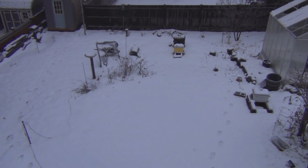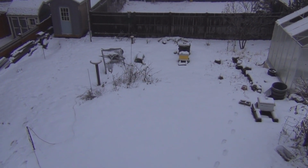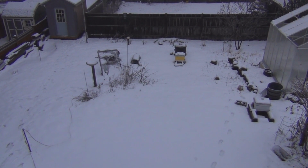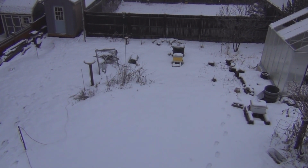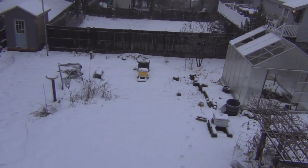Okay, here comes round two. I just seen a weather update, and there's a chance of 6 to 9 inches between, I think they said 5 to 11 tomorrow. It's going to be the heaviest snow. But it's